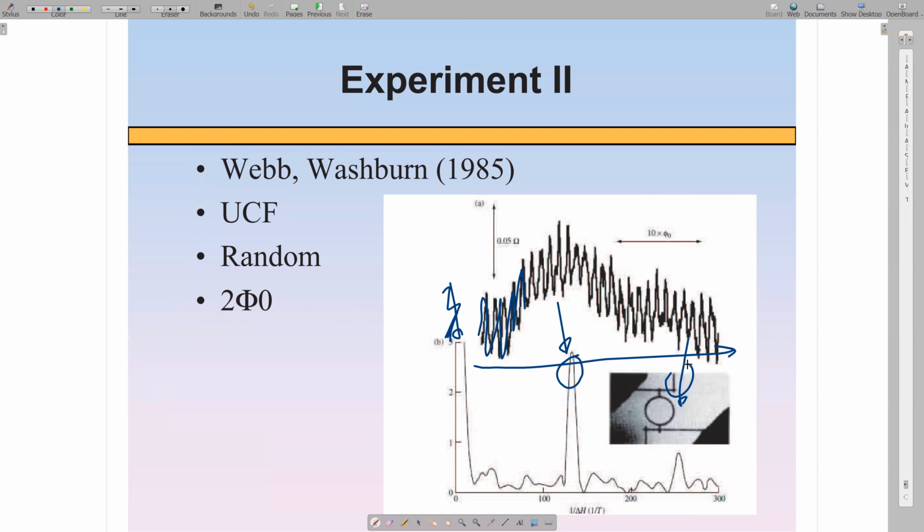So 2 phi naught indicates that we have fluctuations which do depend on dynamical phase. Why do we see them? Because the cylinder was flat. If you wish, the device was much smaller. That was the response. So it is a result of interference between trajectories A and B, as I told you,